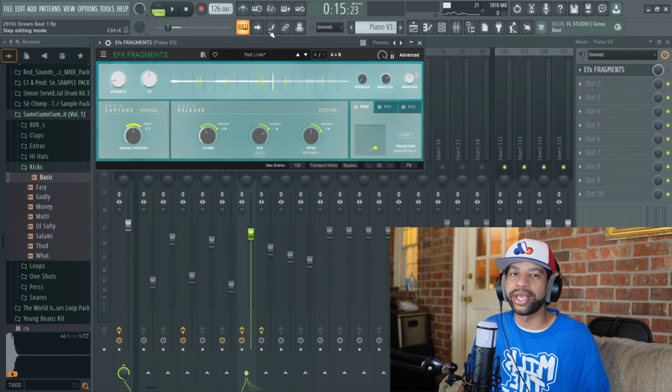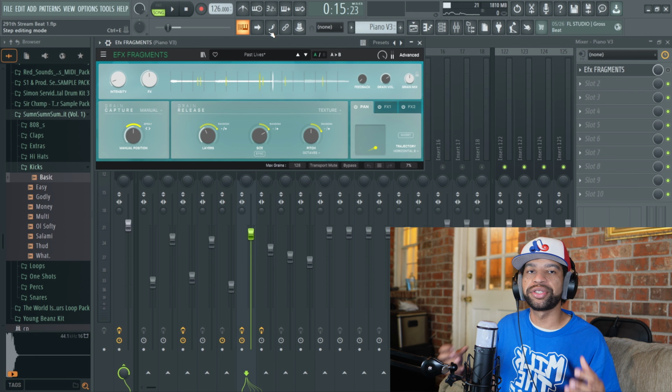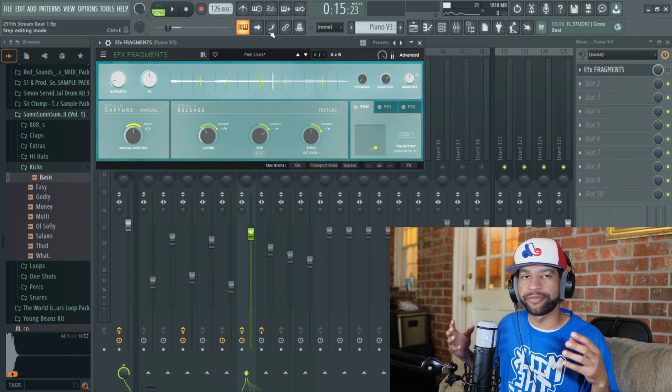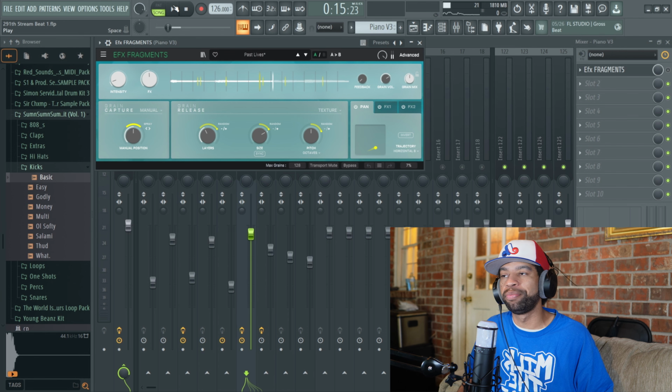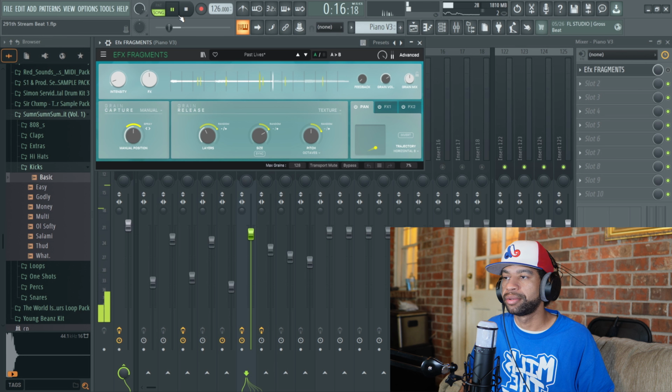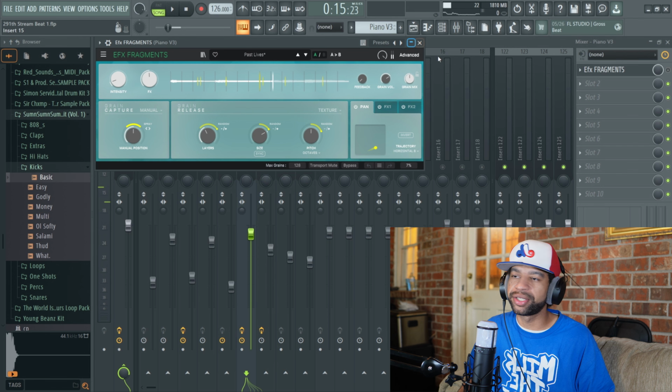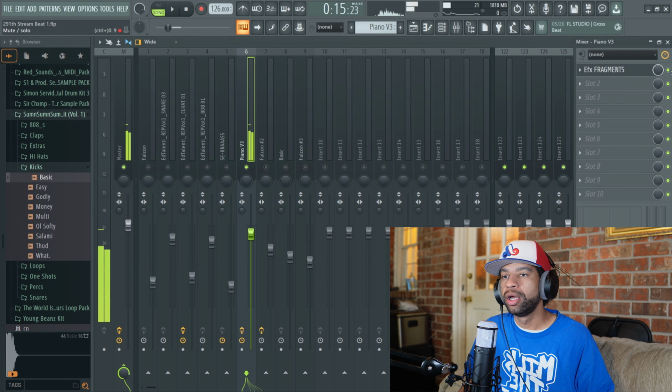So I basically threw it on a piano and I threw it on one of those UVI sounds that I use. And basically what this did was it just filled it out. And obviously with all the different grains going in different directions, it just gave the beat so much more. So I basically put down a little piano melody that sounded like this. So nothing really fancy. I didn't even put any other effects on there. There's no EQ, there's no reverb, there's nothing on this piano. But once I get this EFX Fragments on there though,